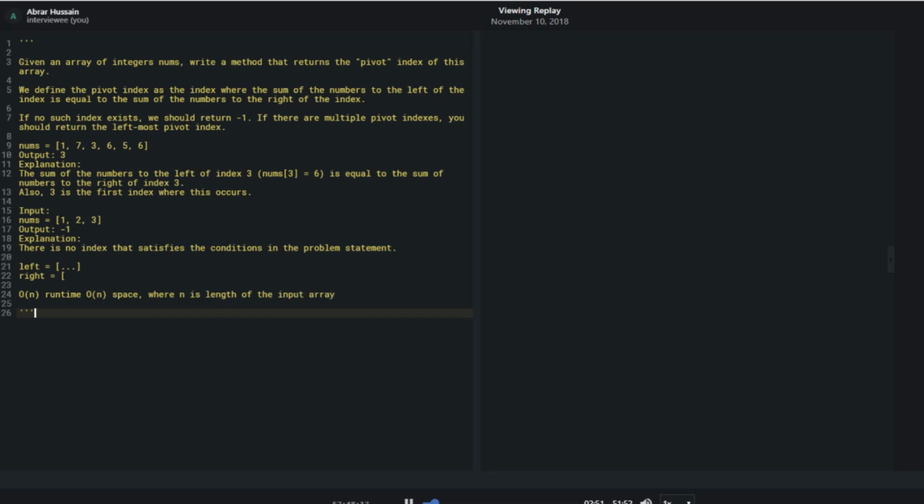Let's see if we could actually do this without additional space, or at least not linear space. The thing that I'm really storing is the sums, right? But I don't care about all the sums. It seems like once I have a sum, I may want to discard it, right? So what happens if we use two separate pointers and start from the left and the right? As we go along,